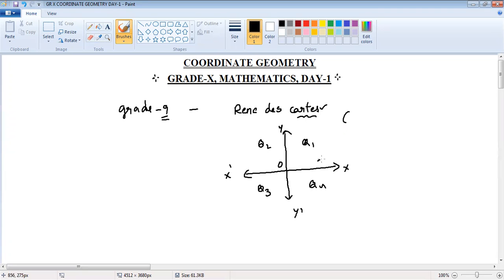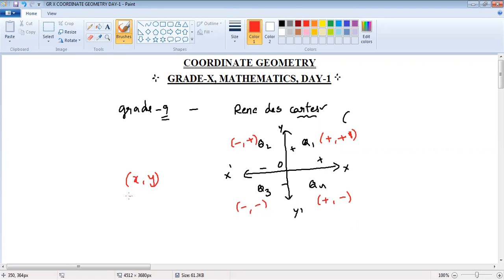Now OX is taken positive and this also positive, and this is negative and this is negative. So overall the quadrants are divided into plus plus, then minus plus, and minus minus, and plus minus. So overall the quadrants are Q1, Q2, Q3, Q4, and coordinates will be in the form of